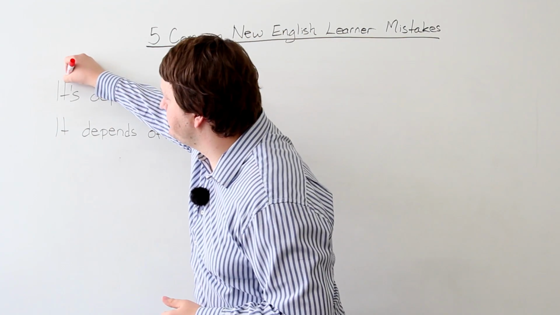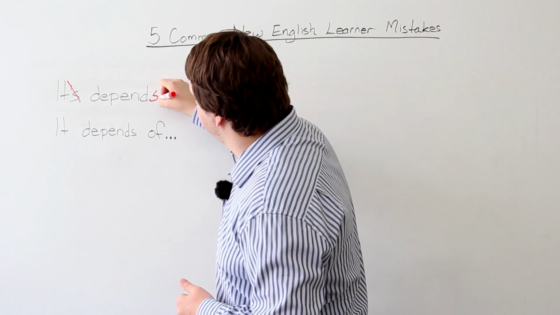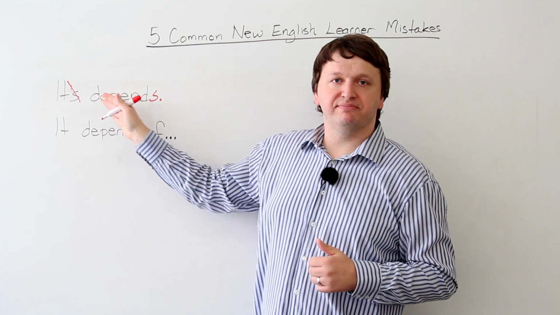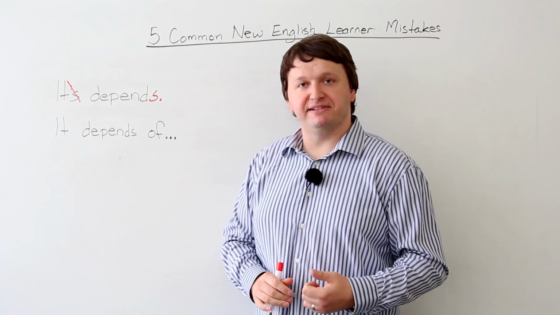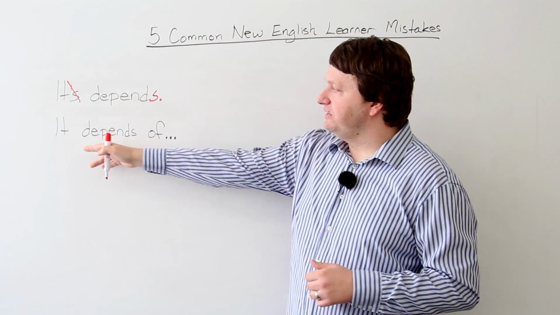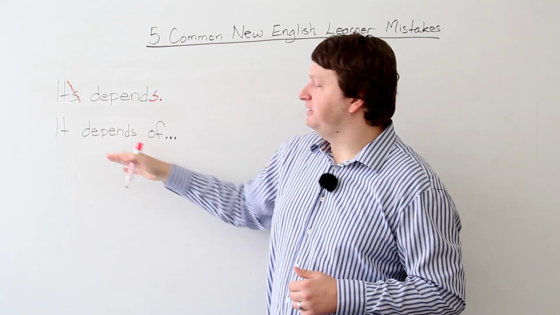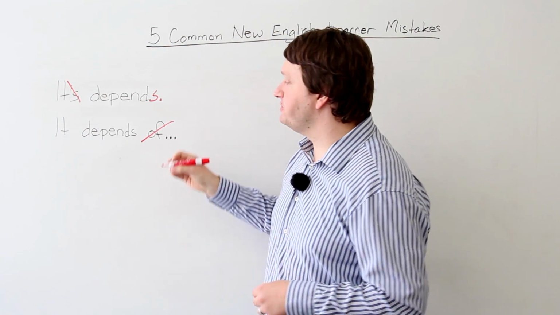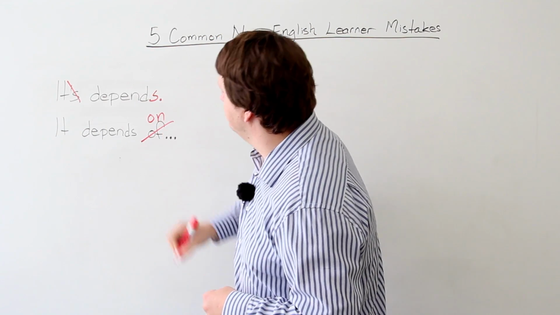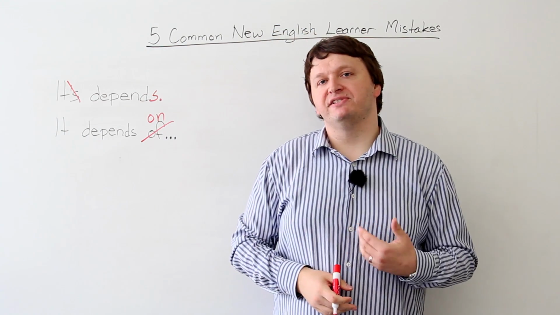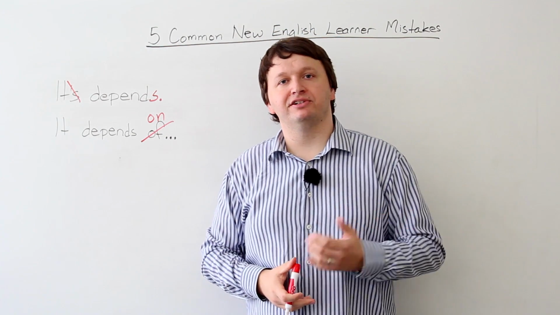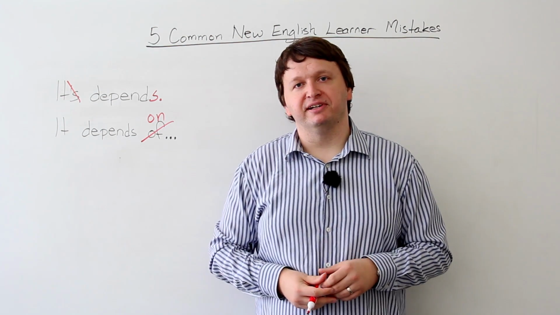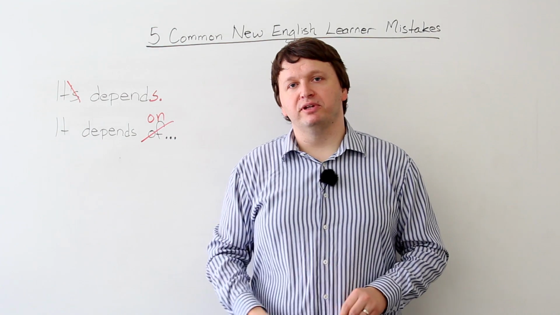Well, we don't say it's depend. We say it depends. It depends. Okay? So we don't say it's depend. The correct form is it depends. And for this is okay. It depends, right? The only problem is the preposition that you're using. We don't say of in English. We say it depends on. Okay, so it depends on the person, it depends on the country, it depends on the time of day, whatever topic you're discussing. Okay, guys, let's move on to number 2.